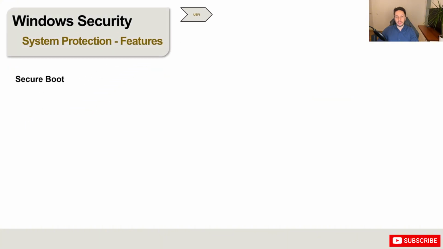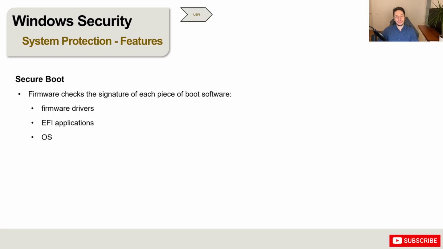The first phase we will be talking about is UEFI. As I already said, we should be using UEFI nowadays because of some security features. One of them, for example, is Secure Boot. Secure Boot basically checks the signature of each piece of boot software. That specifically means it checks the signature of firmware drivers, EFI applications, and the operating system loader. It's not just checking the signature state, as it was before, but it also checks if the signer of that specific binary or driver